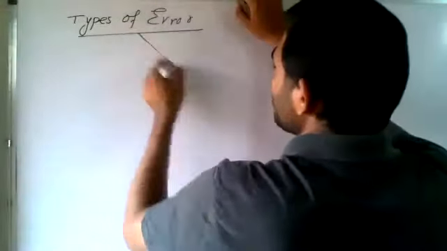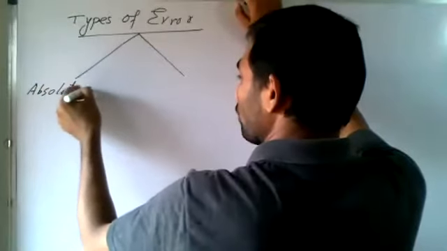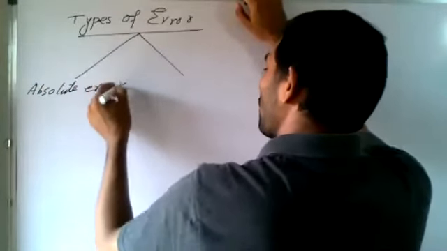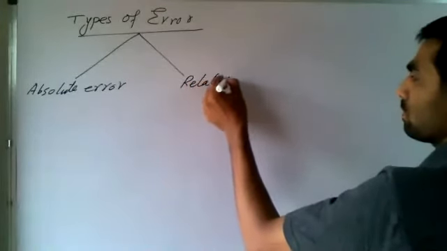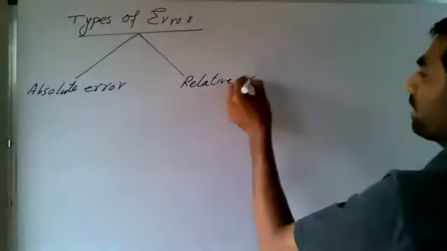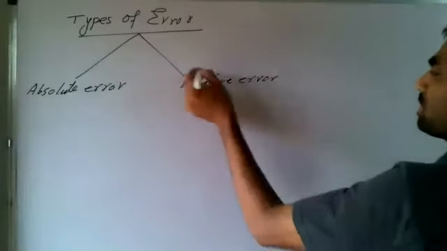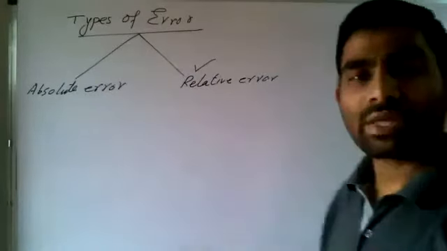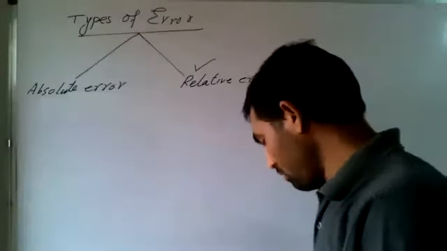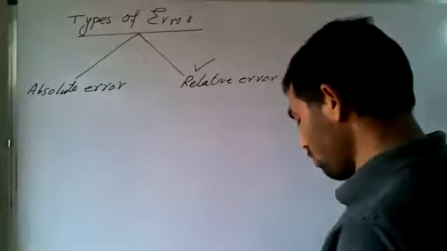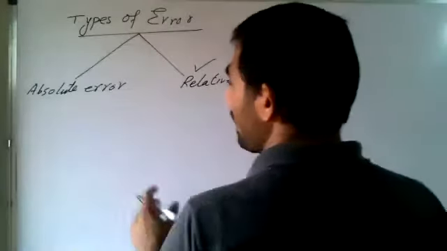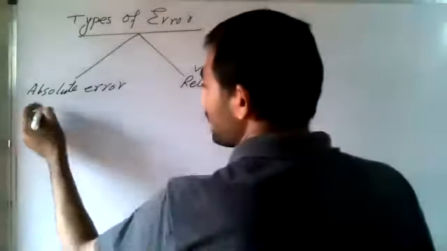One is called absolute error, another one is relative error. Actually, this is beneficial for calculations and for the usage to find out the error. So, see, there are two formulas for the relative error and the absolute error. So, absolute error is equal to